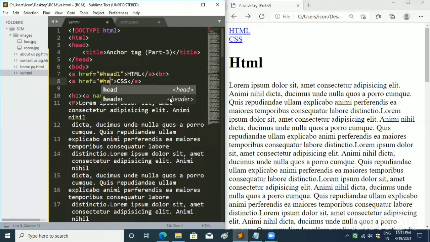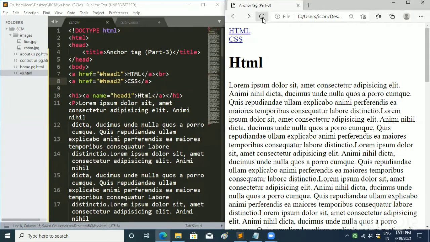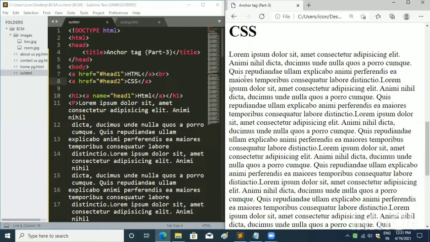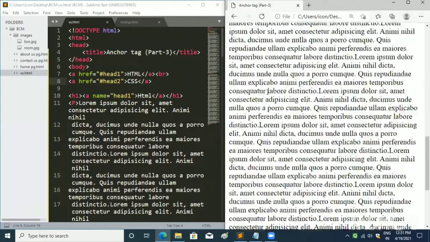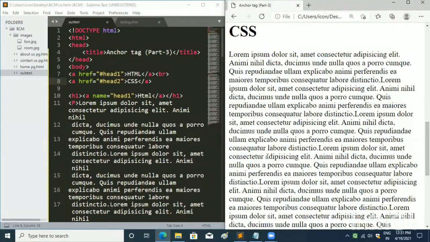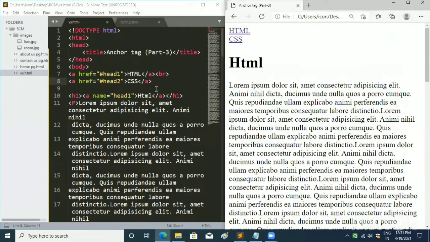So now I have given the name of the headings in the href attribute. So now when I save it and refresh the browser, you can see when I click on HTML, it takes me to the HTML heading, and when I click on CSS, it takes me to the CSS heading. But now we have to scroll up to move to the top.